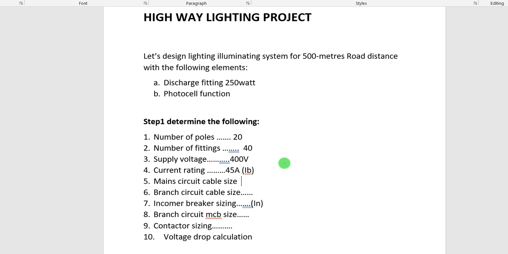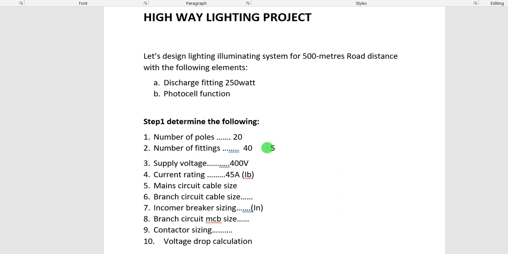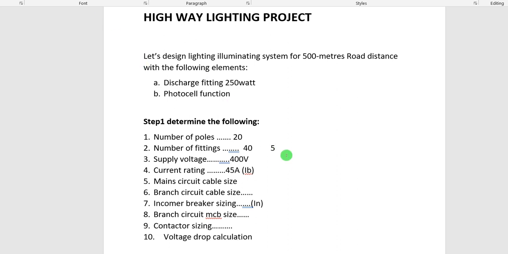Another thing, if you watched the previous exercise, I told you that we have 5% set aside for the power circuit. This is the permissible voltage drop, the acceptable voltage drop for a power circuit. They say 5%. So in that case, we are working with 380 as the minimum. We don't go below that. So our declared 400 volts shouldn't drop more than 5%. In that case, it shouldn't drop below 380. Because if we subtract, let's do that now.